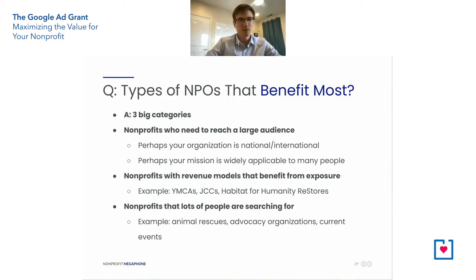Okay, before we get into everyone's Q&A, I want to answer a couple questions that we get very often. One of those questions is, what types of organizations benefit the most? There are three big categories that we think about. One, any nonprofit that needs to reach a large audience, certainly anyone national or international, targeting an international or national